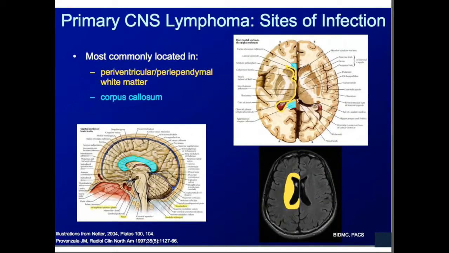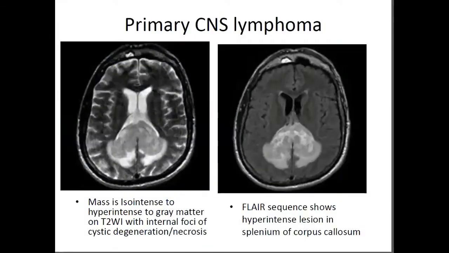And another one is corpus callosum. It's in turquoise color, as you can see right here. Corpus callosum and corpus callosum right here. Primary CNS lymphoma